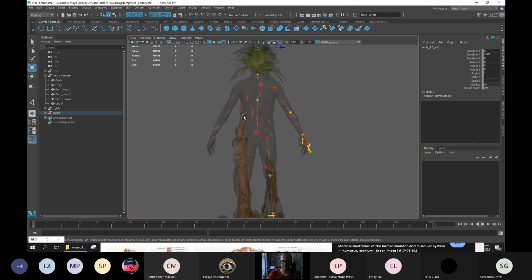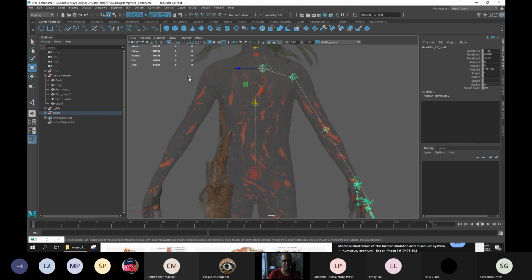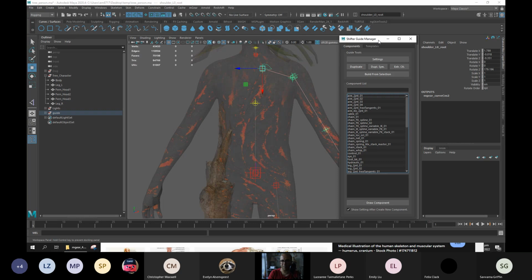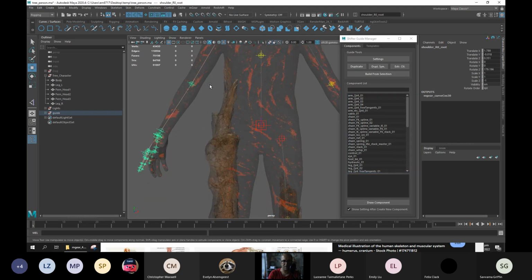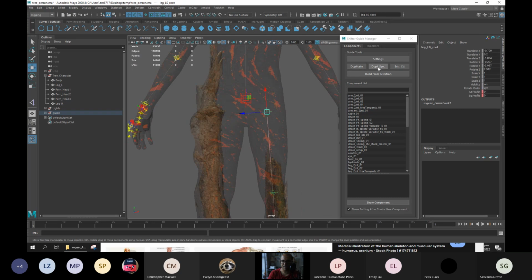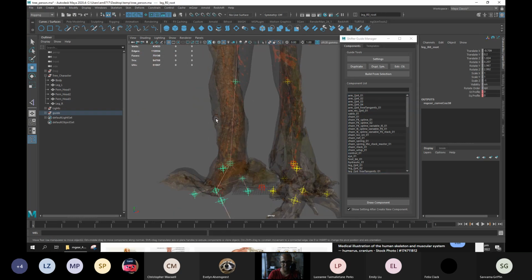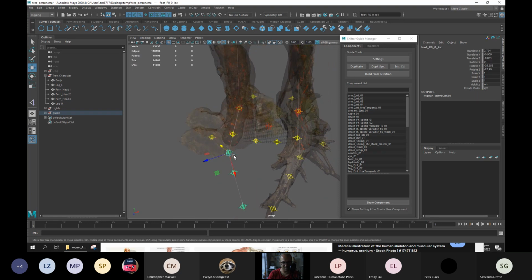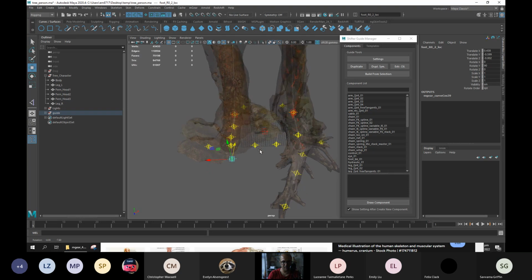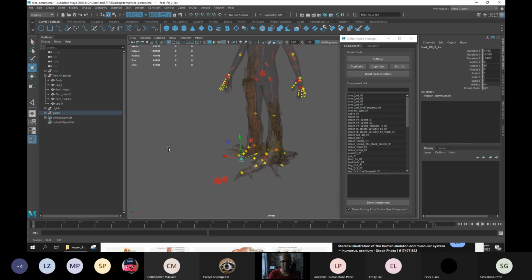Okay, so once you're done with one side, select it, and then go to your guide manager and use duplicate symmetry. It duplicates and makes another one on the other side. Here I duplicate symmetry, but this one needs a bit of adjustment again, because that leg is not the same as the other one, so it's different. So it has different formats. And yeah, so once all done,